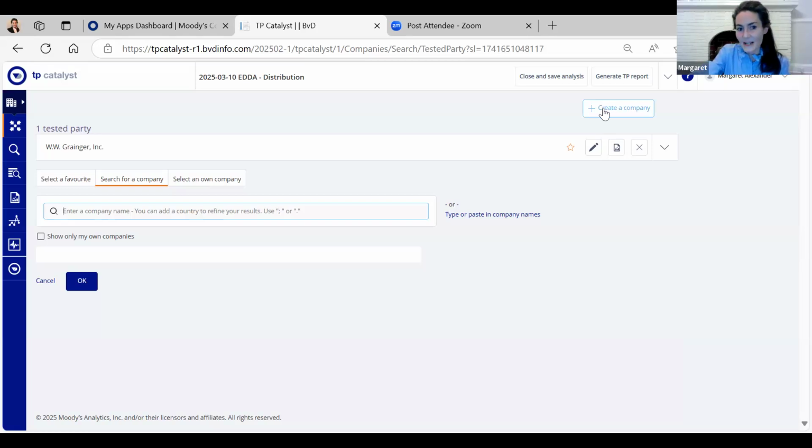This is because your tested party is going to be the smaller of the related parties engaged in the transaction. It's going to be the least complex, the one with the least assets. And usually we have the parent company or the group as a whole. So almost every time you're going to have to create a company, but it's very easy.